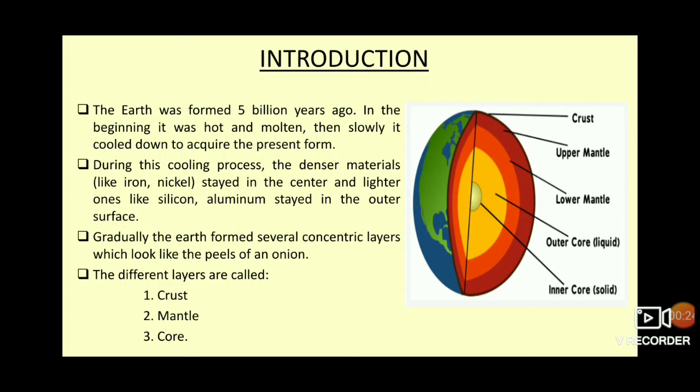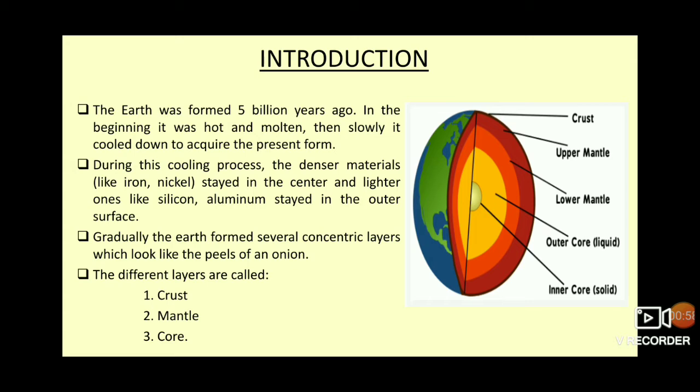The earth came into existence about 5 billion years ago. Its surface has undergone several changes since then. A detailed study of the interior of the earth has revealed that the earth's interior is not same all throughout, which is clearly defined by this diagram which is given right inside. The density of materials forming the earth increases gradually from the surface to the interior. The physical and chemical properties of these materials vary.